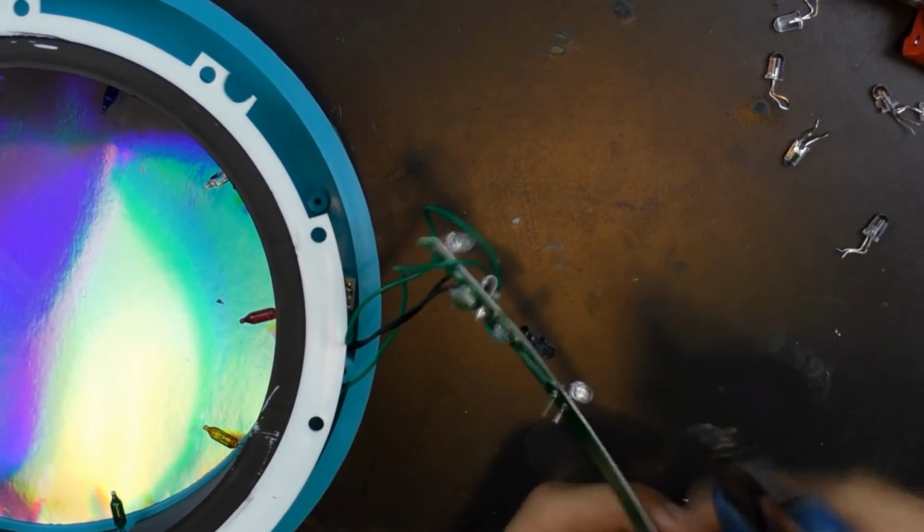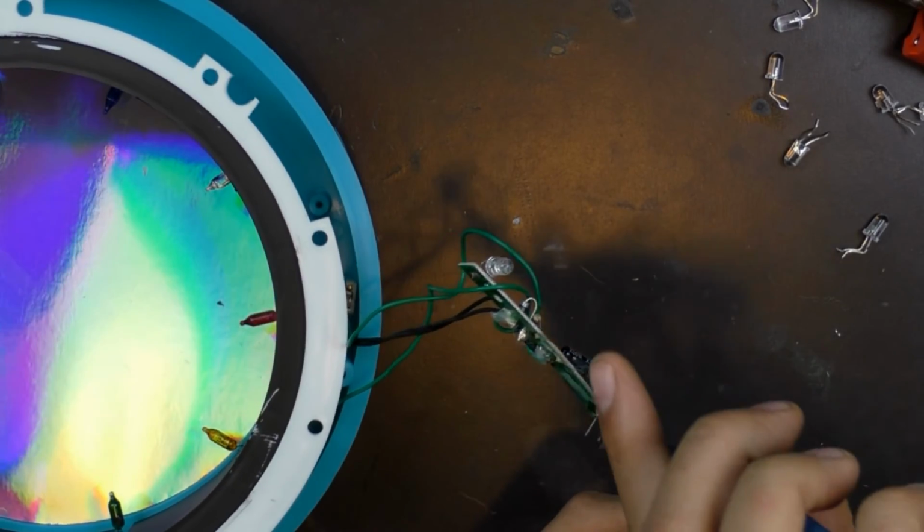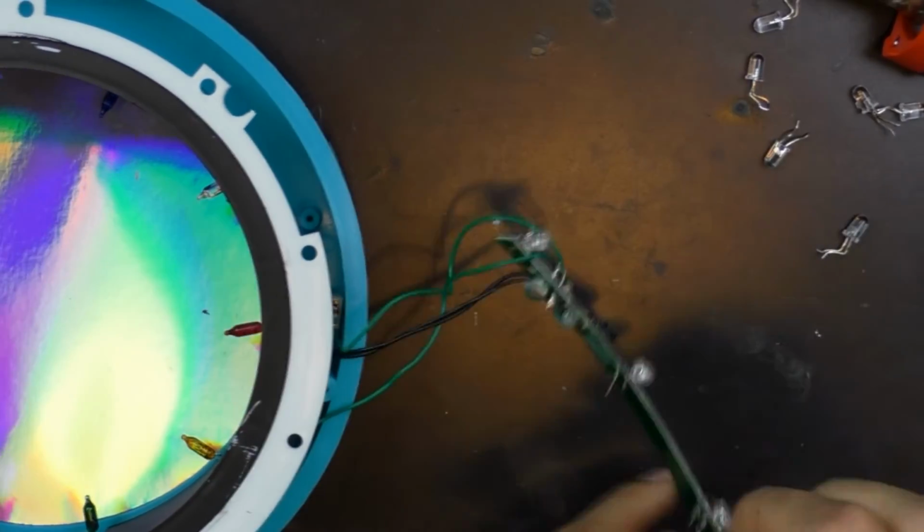There we go. So can't fit it back in with these long leads on here. Of course, I'm just going to take a tool and trim them down. See how this says